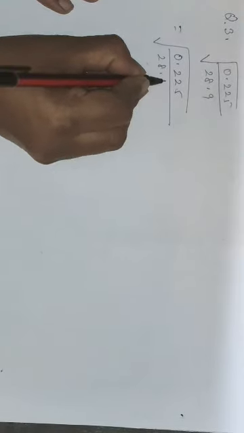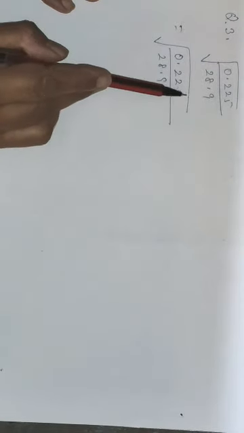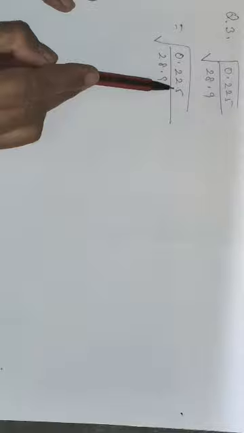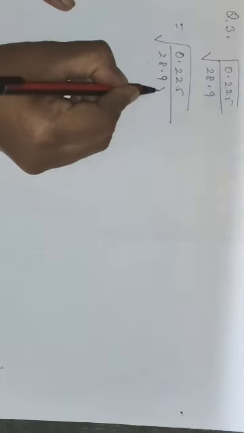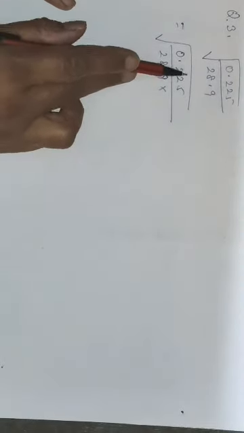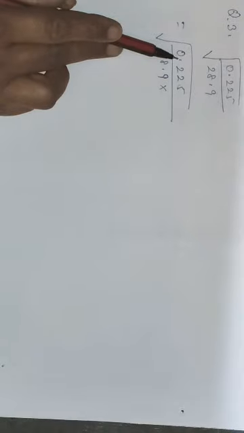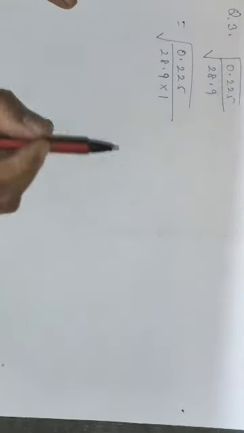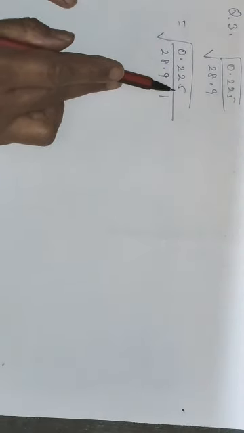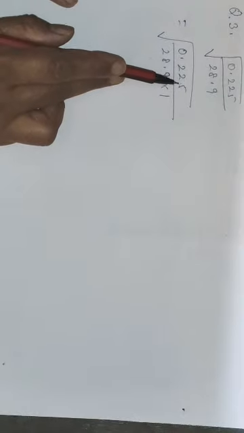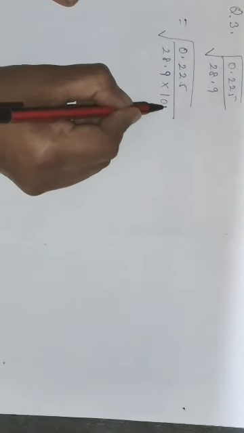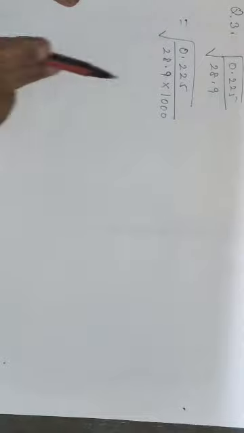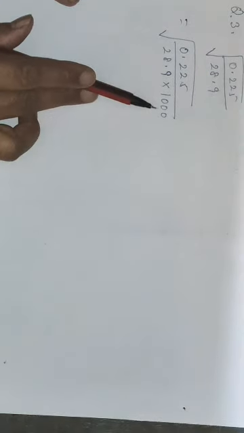first I am writing the number. Now first I will try to remove the decimal of the numerator. So as I told you before also, how to remove the decimal of a number? In place of decimal, put 1. Count the number of digits after the decimal. Here we have 1, 2, 3, 3 digits. So add 3 zeros here. Now numerator I have removed the decimal.